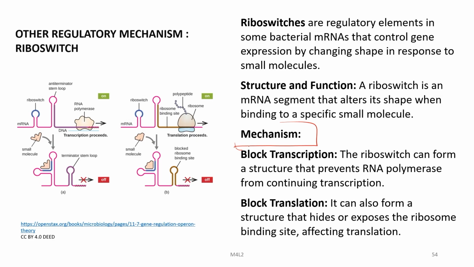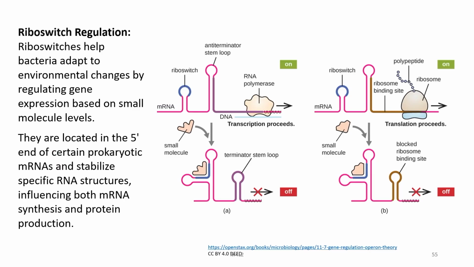It blocks transcription. The riboswitch can form a structure that prevents RNA polymerase from continuing transcription, or it blocks translation. It forms a structure that hides or exposes the ribosome binding site, affecting the translation. Riboswitches help bacteria adapt to environmental changes by regulating gene expression based on small molecule levels. They are located in the 5' end of certain prokaryotic mRNAs and stabilize specific RNA structures, influencing both mRNA synthesis